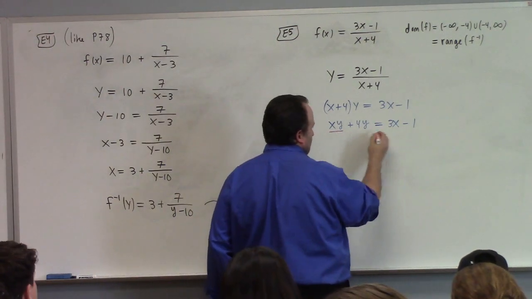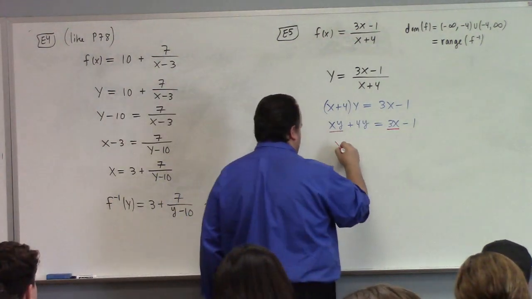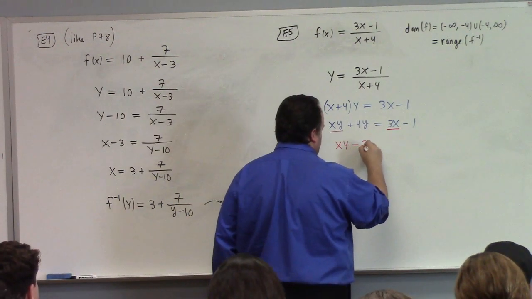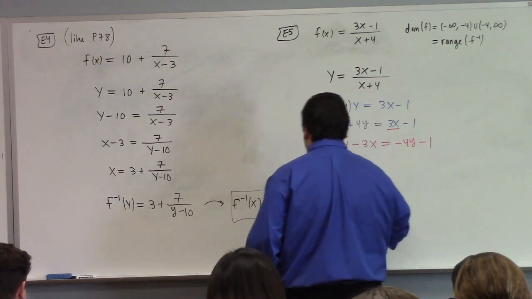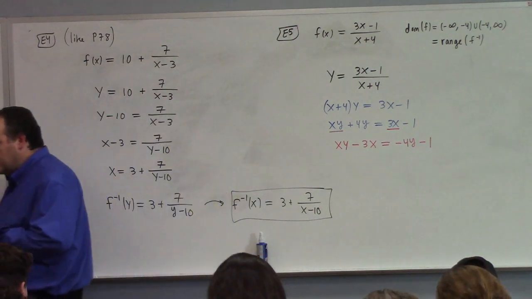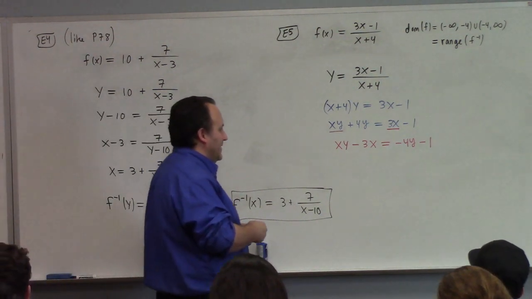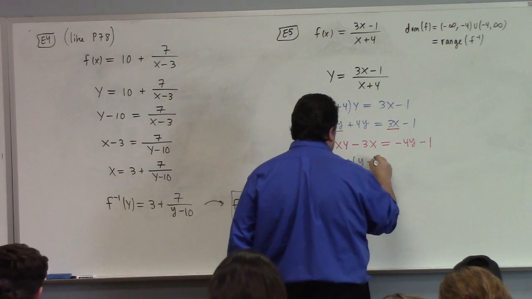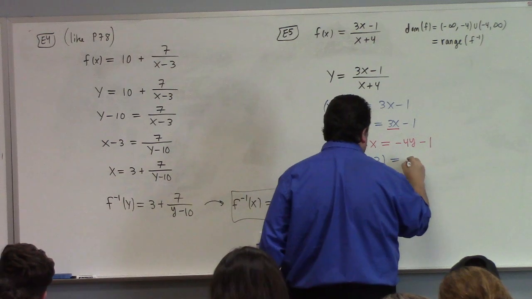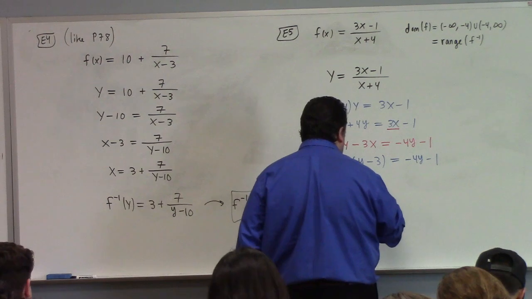So, let's see here. We got x's here. We got x's there. Let's put all our x's on one side. So this gives us xy minus 3x is equal to minus 4y minus 1. Now we can factor out x. We have x times (y minus 3) is equal to minus 4y minus 1, which gives me x is equal